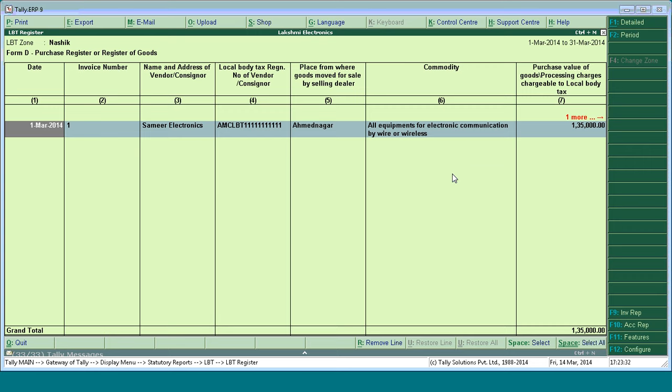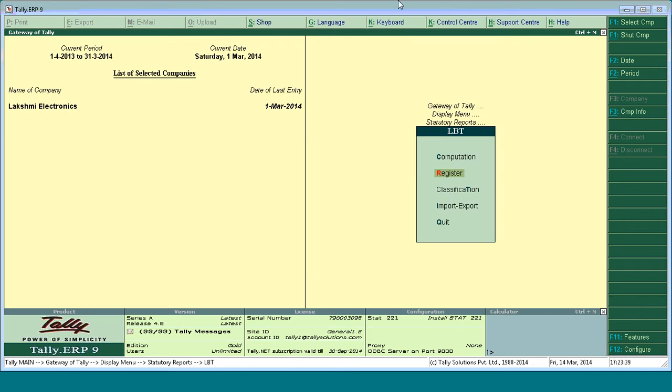This is one of the MIS reports. It need not be submitted to the department. Actually, remember, you have to create